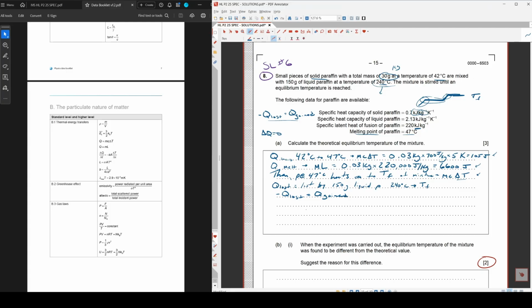And the negative makes it so that the change in temperature works out when you do final minus initial, or else it gets weird. All right, so Q lost is negative mc delta T. In this case, the mass I'm using is the mass that's giving off the energy, which is the 150 grams, aka that many kilograms. And I would multiply that by